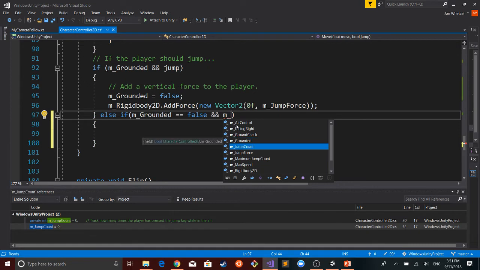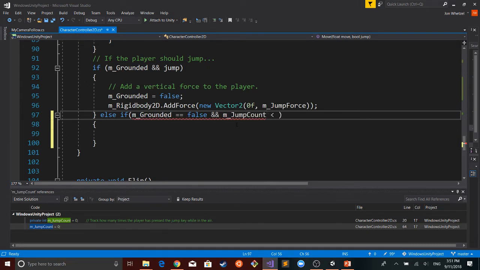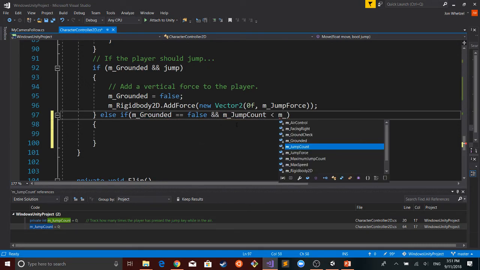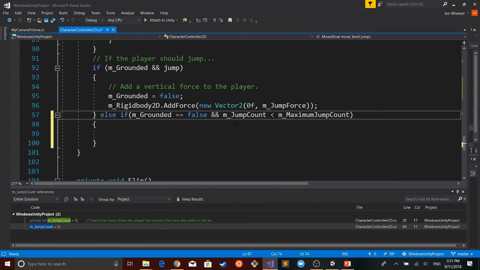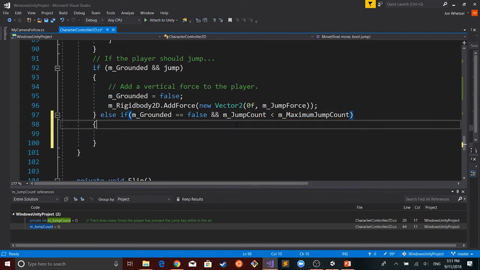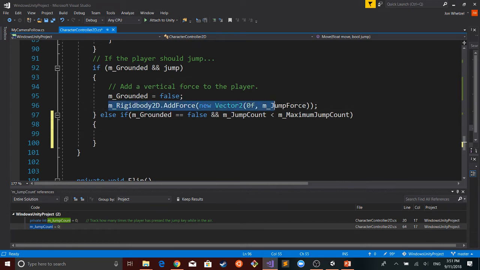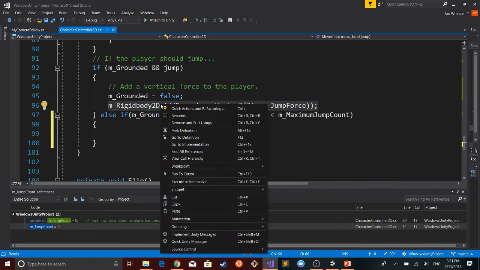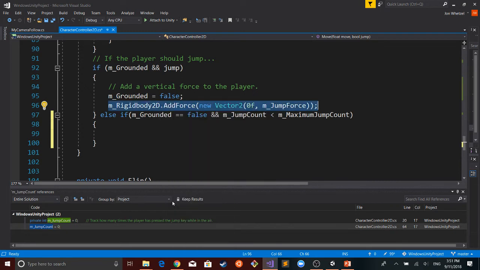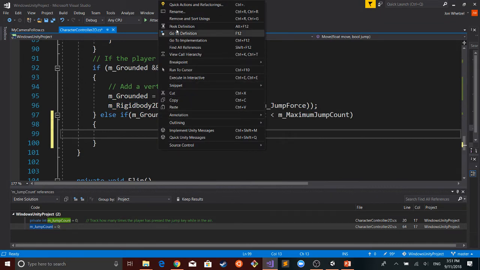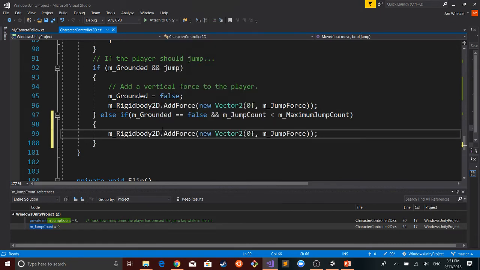So if m jump count is less than this maximum jump count, so if both these statements are true, then we want to go ahead and keep jumping. And so, like I said, the way that we do a jump, we're just adding a force in the y direction for the character. So I'm just going to do that again. I just copy and paste that line.